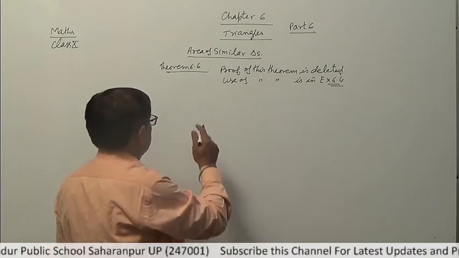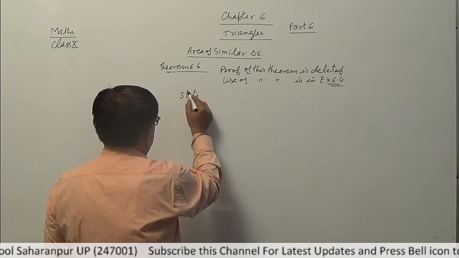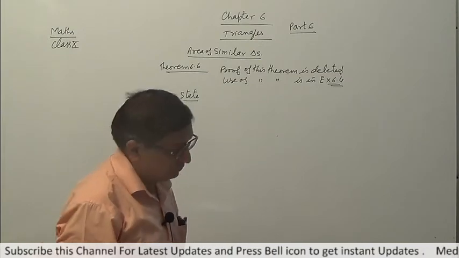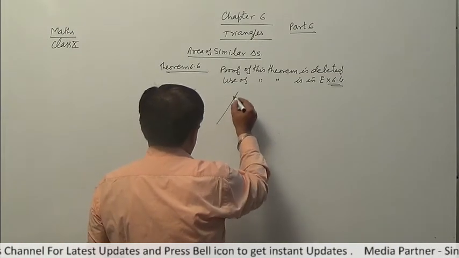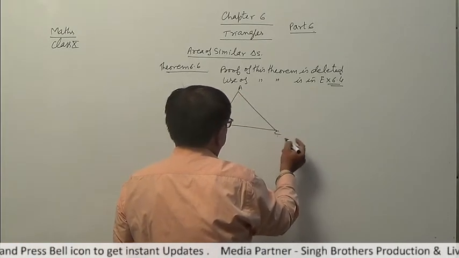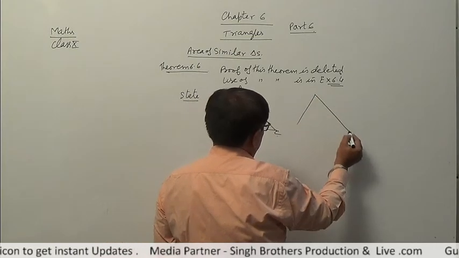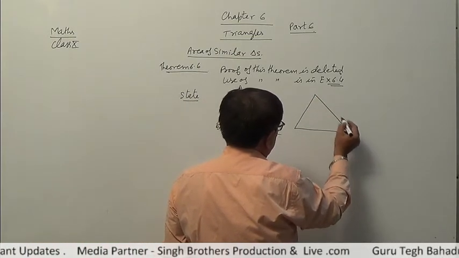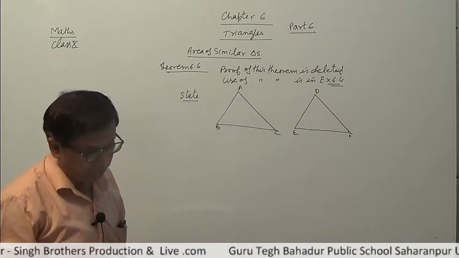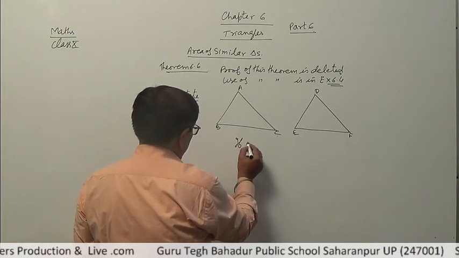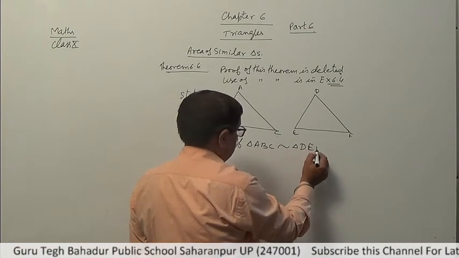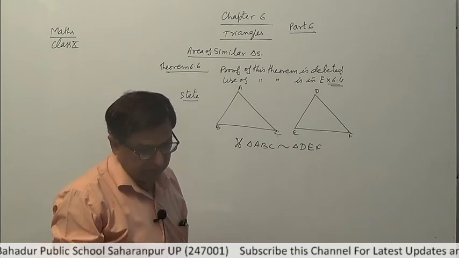What is this theorem? Statement: the ratio of the areas of two similar triangles. This is your ABC and this is your DEF. If triangle ABC is similar to triangle DEF, then